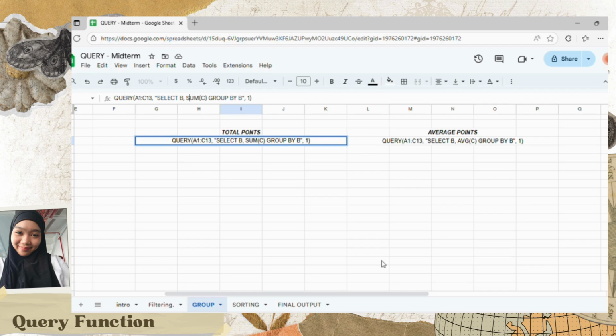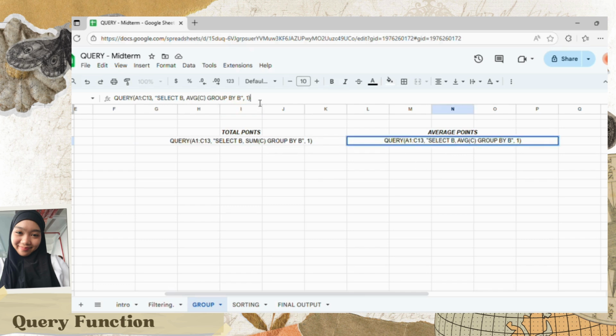So if you want to group by their total points or average points, we will use this formula for total points and this formula for average points.